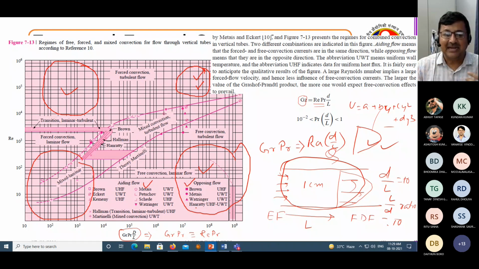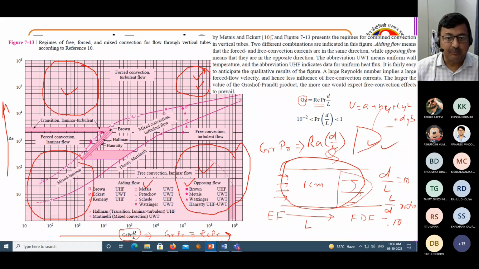Whereas when they are acting in favor of each other, it may fuel up the instability, it may fuel up the turbulence much faster. So you may just look at this particular plot. In this direction, you are looking at the strength of the forced convection. In this direction, you are looking at the strength of the free convection. And then you get a domain which is laminar, and a domain which is turbulent. Now that also is defined.